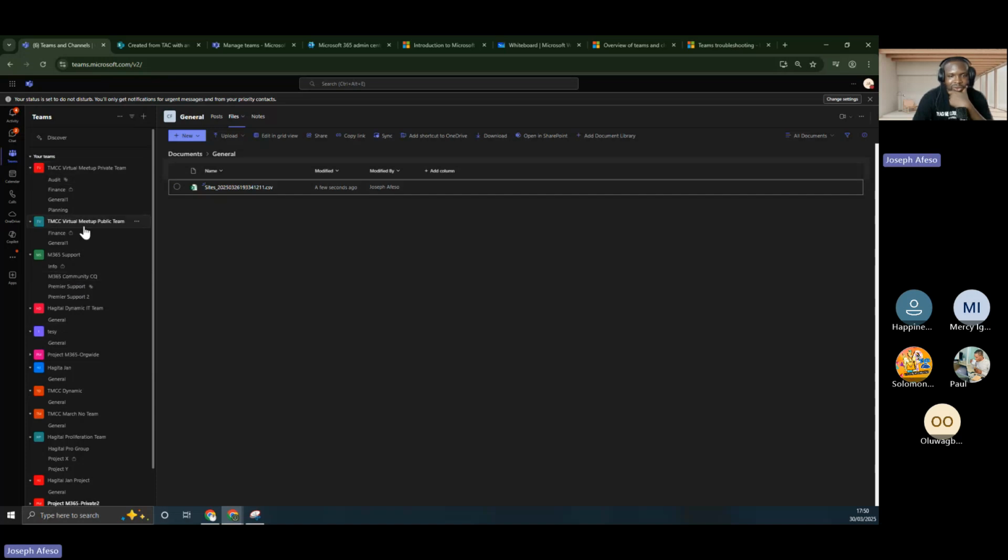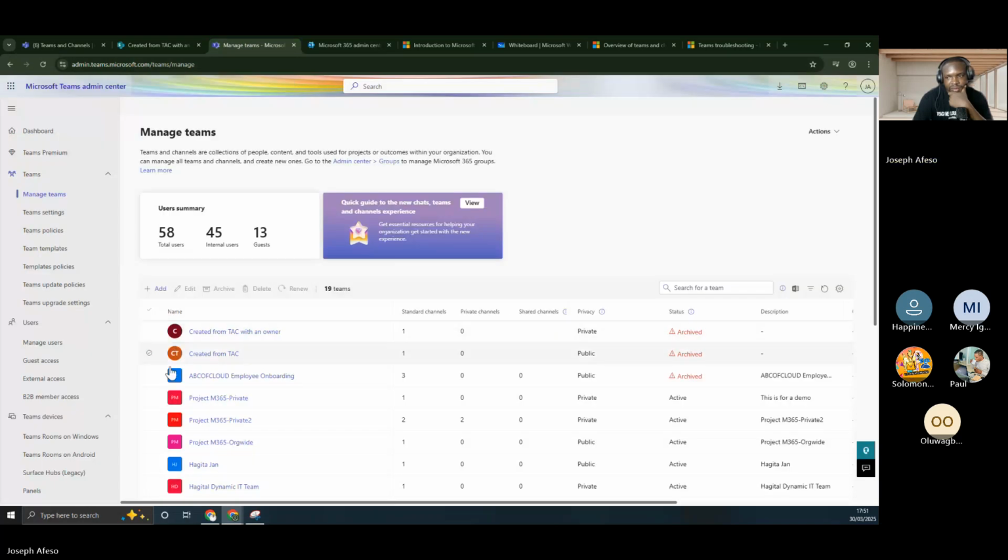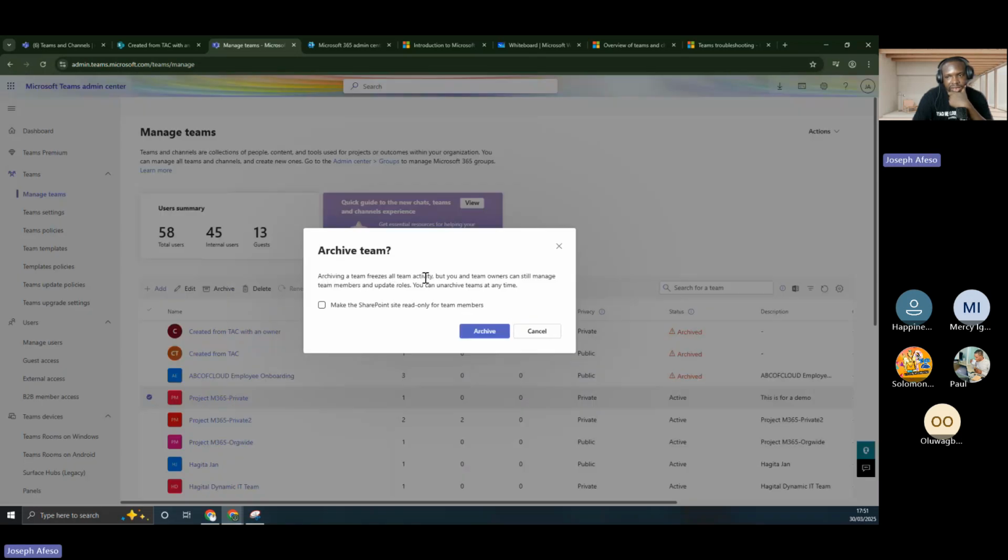Now the assignment that you too would have to go and look for is, if you were just an end user and you are a Teams owner, remember when we were archiving the team, it gave us a warning that archiving a team freezes all activities, but the administrator, because it's still here, and the team owner can manage the team members and updates.